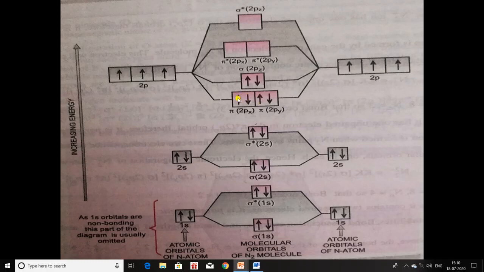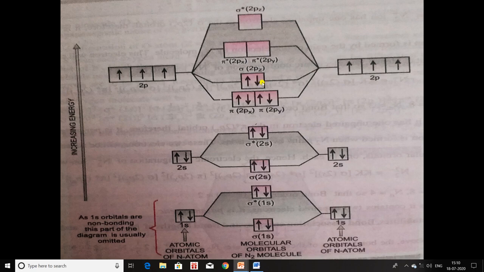Okay, the first electron will come here, then the second electron will come here. After that pairing will take place. Okay, so this one is the third electron and this one is the fourth electron, right? Now after filling these two orbitals, the electron will jump to the next orbital. Okay, so now that means the fifth electron will be filled here and the sixth electron will be filled here. Okay, so that is how we will fill electrons. 1, 2, 3, 4, 5, 6.